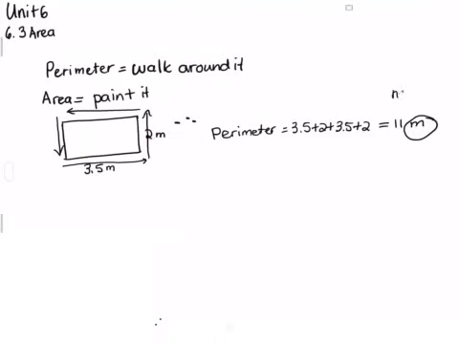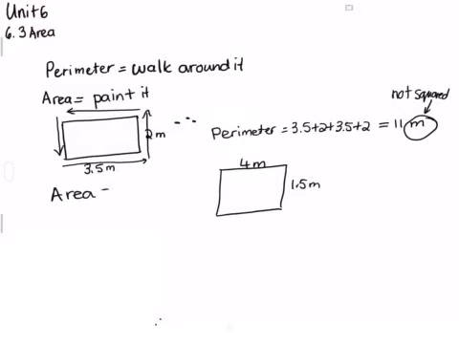And another thing is, it is not squared. I didn't multiply the meters. I just added them. If I have the same shape, or let's just take a new one, say I have a similar shape, but it's 4 meters long and 1.5 meters wide, then for area you need to know